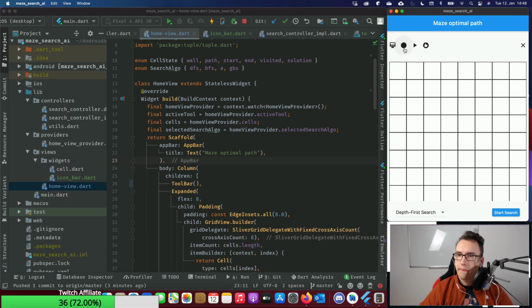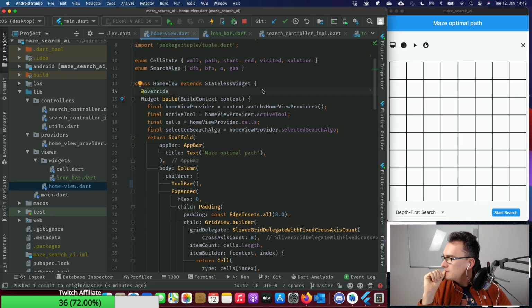Looks good. And also what we would have to do in the future is to give that more talking items, right? Because I think nobody would understand that this one is a wall, this one is a starting point, end point, and so on.